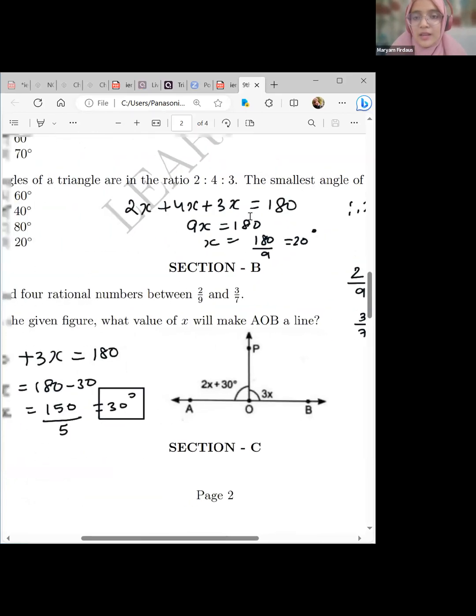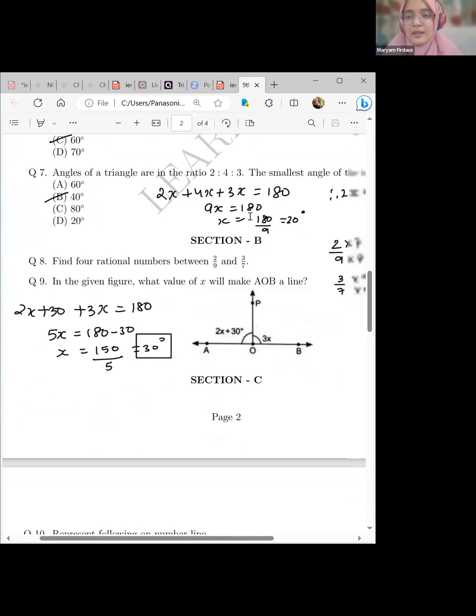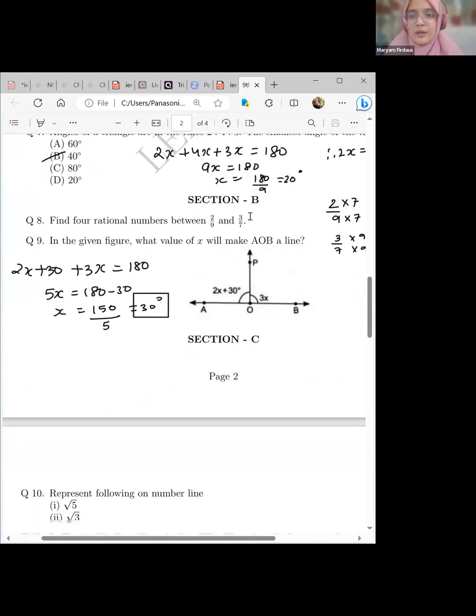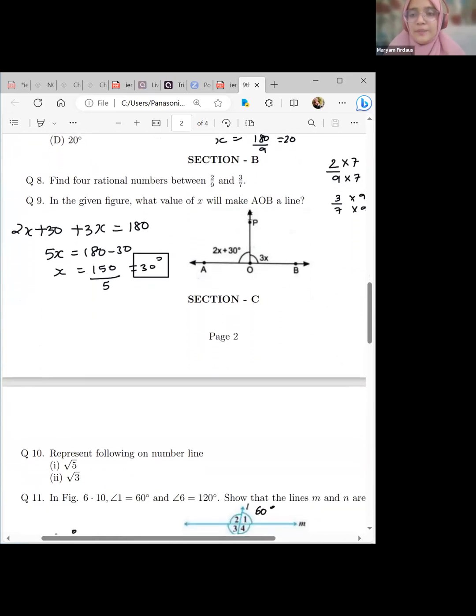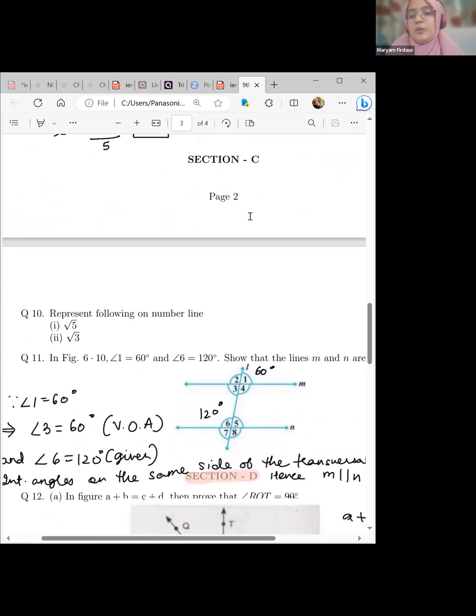Okay. Then the ninth question. For what value will x make AOB a line? In this, basically, you just had to add them, right? Both of these angles, when you add them, will give you 180 degrees. So from there, you can easily get the value of x. Then the 10th question,